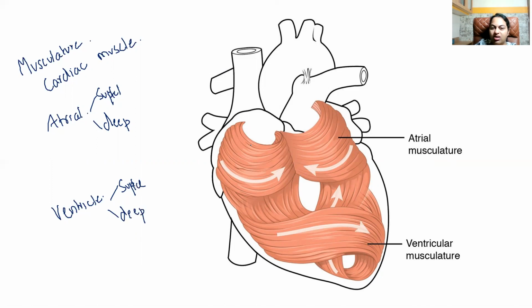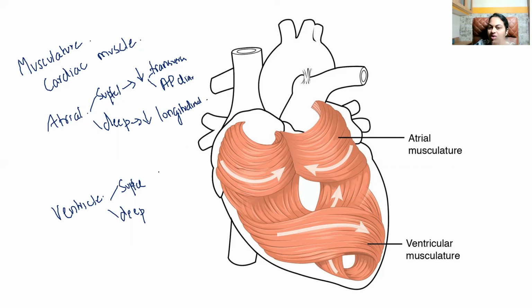In the atria, the superficial fibers are going to encircle both the atria together. These fibers reduce the transverse diameter. So when these cardiac muscle fibers around the atria contract, both the atria contract, and they'll reduce the transverse diameter as well as the anteroposterior diameter. Whereas the deep fibers arch along the roof of the atria separately, and hence they decrease the longitudinal diameter of the atria.